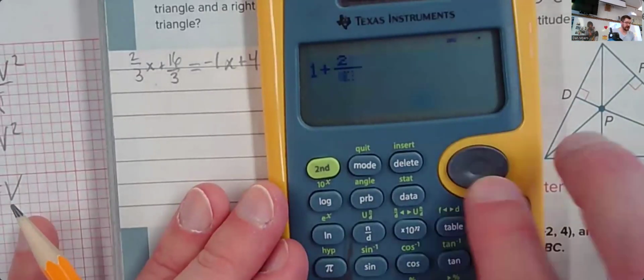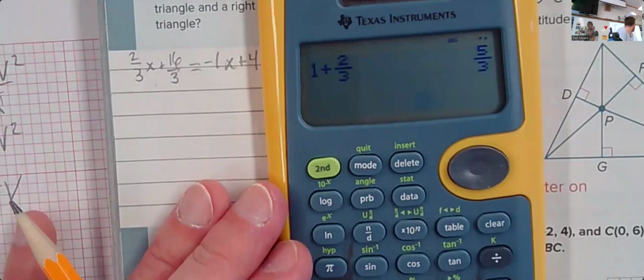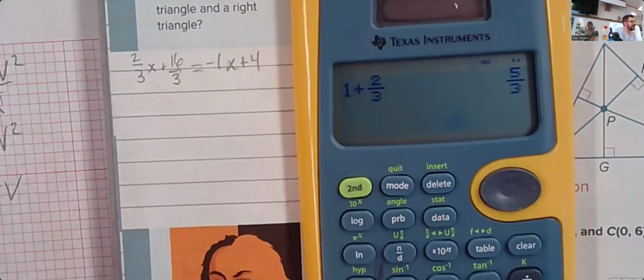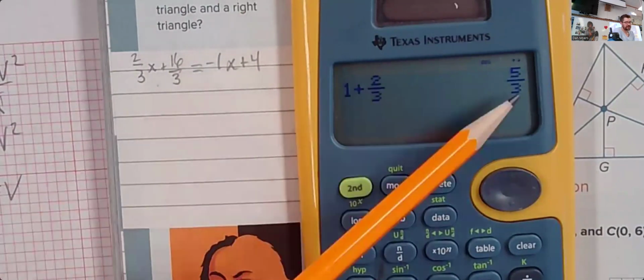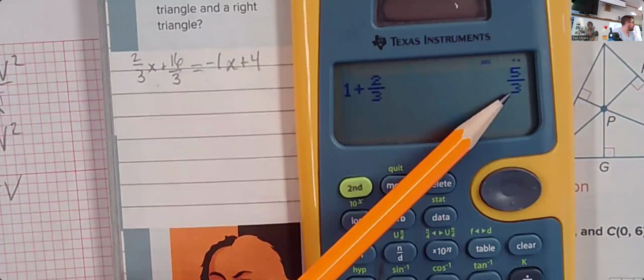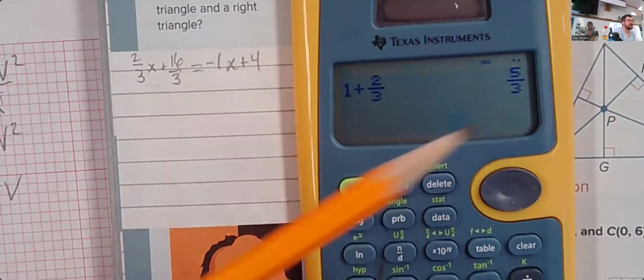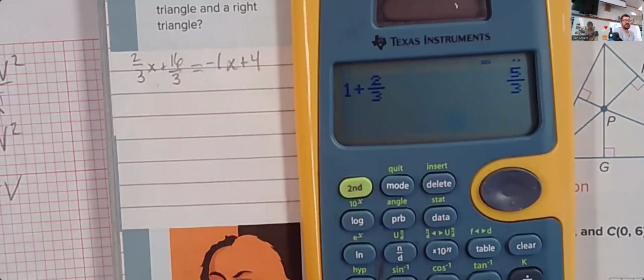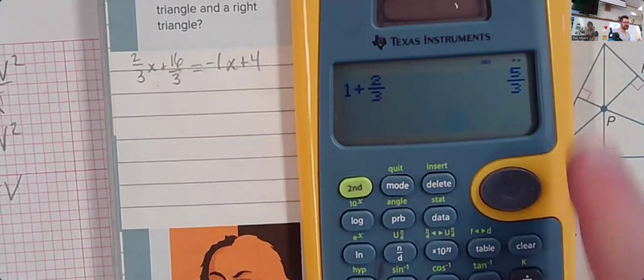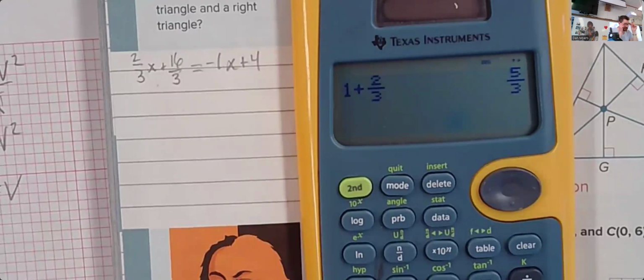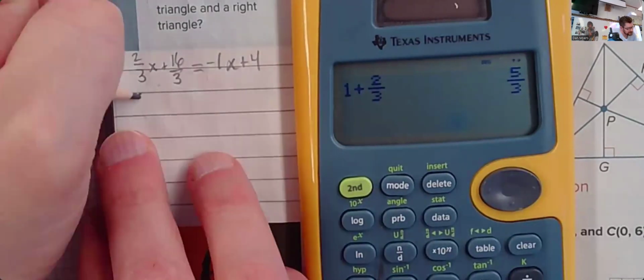If you can do this using mental math, feel free. I would highly recommend, though, not writing a mixed number. 1 and 2/3 is correct. 1 plus 2/3 is 1 and 2/3. But improper fractions are always a little bit easier to use, in my opinion, when I'm doing math with them, just because we don't have that whole number hanging out on the side. It's all combined into a single fraction. So that's why I usually stick with improper. So that'll be 5/3 x